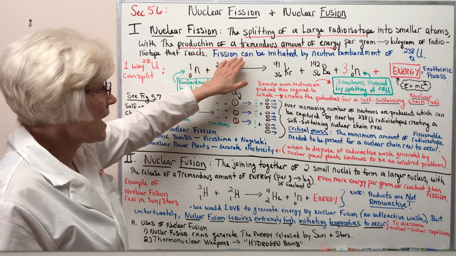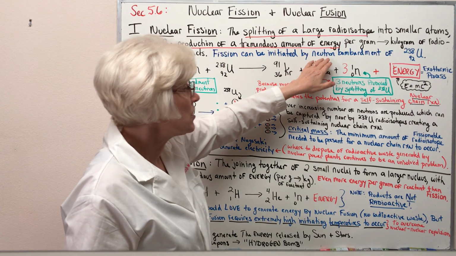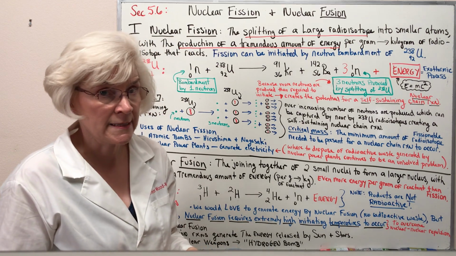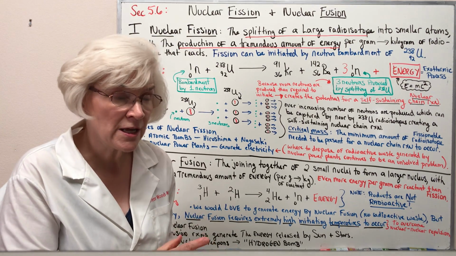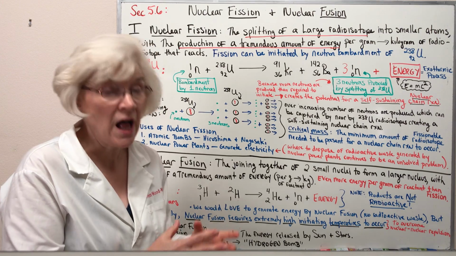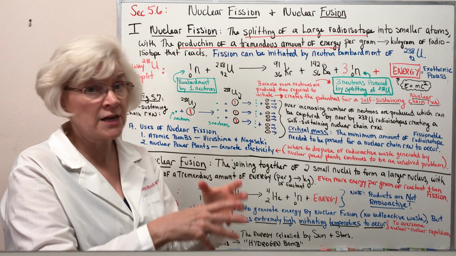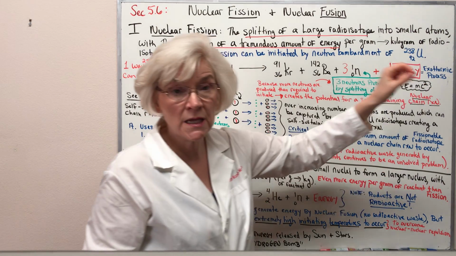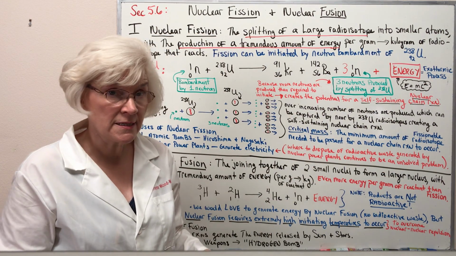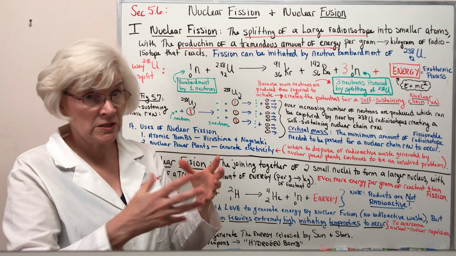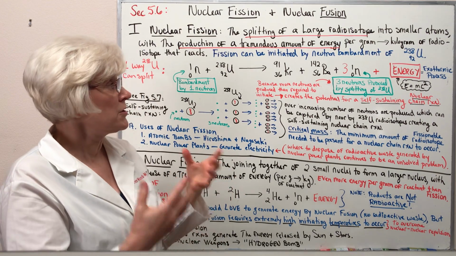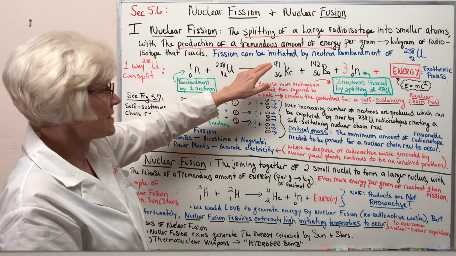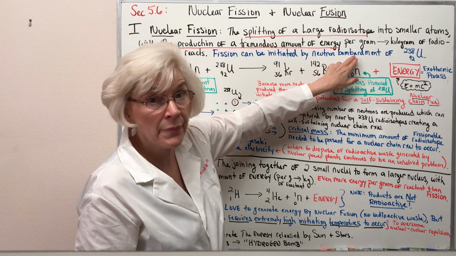Note that fission can be initiated by neutron bombardment of uranium-238. So not every radioisotope is capable of undergoing a fission reaction, a splitting reaction. Uranium-238 is a fissionable isotope. It can split into smaller nuclei, but in order to start that splitting process, it needs to be bombarded by